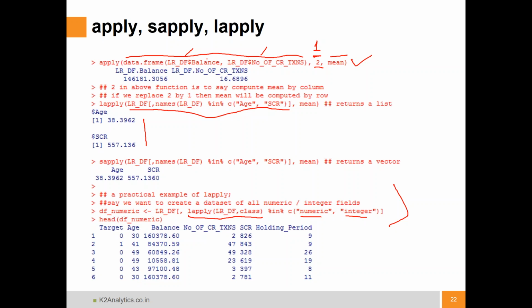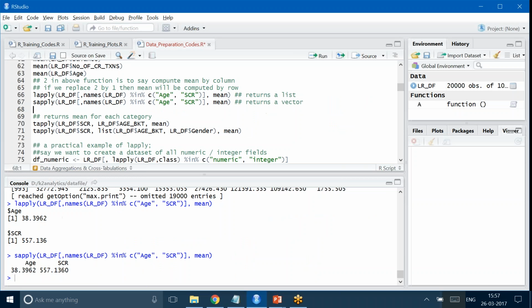And whichever comparisons are matching, there it will become true. Wherever it is not matching, it will become false. So let us try to execute this code piece by piece. So here,